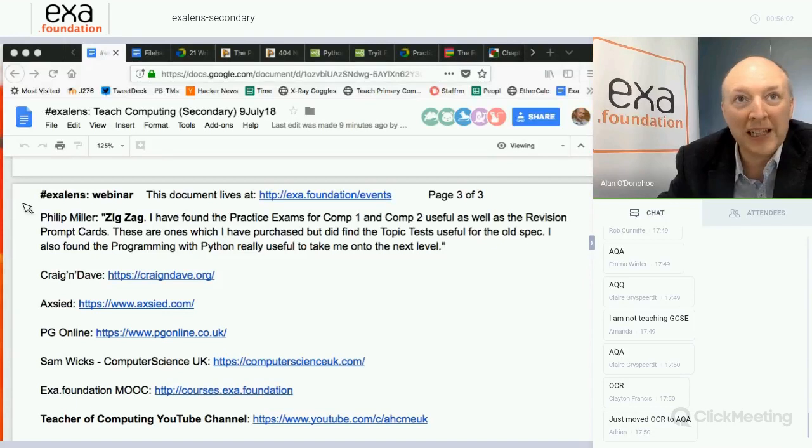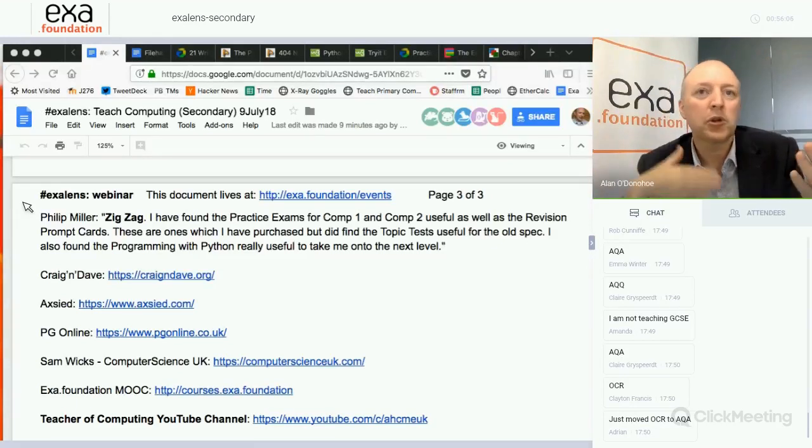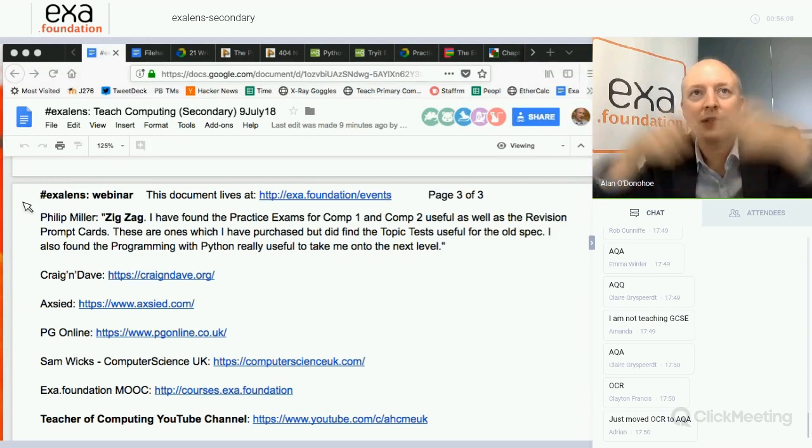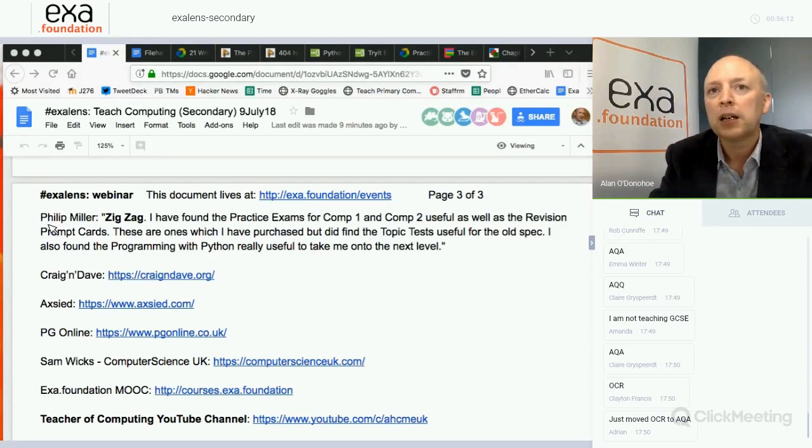I'd say if you've got the money, get all of them, because being able to have that option in your room to swap between them, to give out physical textbooks, if that's what you need to do, is useful if you can afford all of them, especially if you're new to teaching a particular course. So if somebody's just mentioned that they're swapping from one board to the other, I would be using that.